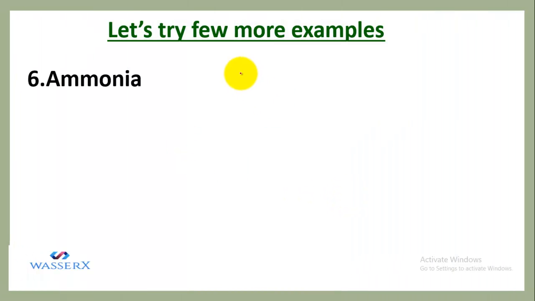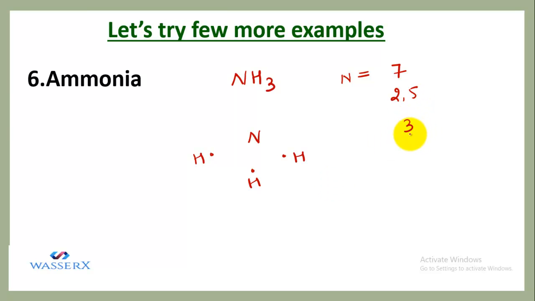Let's take one more example, that is ammonia. Ammonia is NH3. Let's arrange the atoms, one N and 3 hydrogens. You're going to place like this as I am placing in this example. Let's write the valence electron for each hydrogen. Now, we know that the atomic number of nitrogen is 7. Electronic configuration is 2,5. That means nitrogen needs 3 more electrons so that it will mutually share with these combining hydrogen atoms, and it will arrange its valence electrons in the same manner.